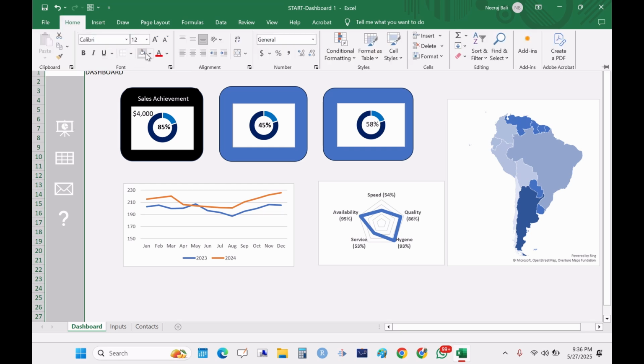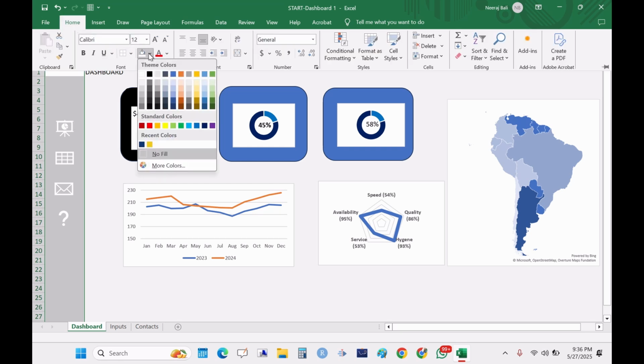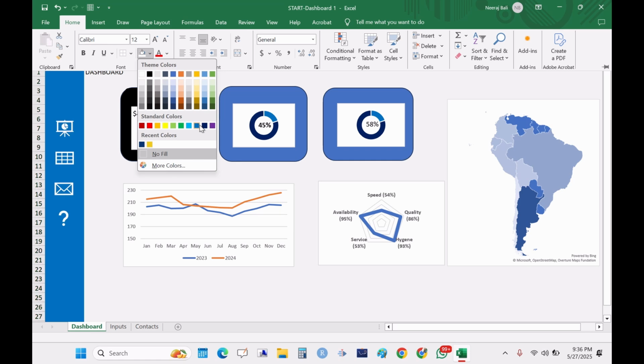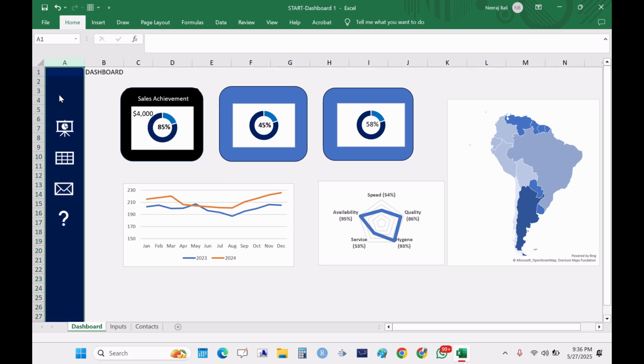Again, I will go to Home. I can color it any color you want. Let me take a dark blue. So now this first column is colored. Now some symbols are over here. I want to put one more symbol over here, for example, for say